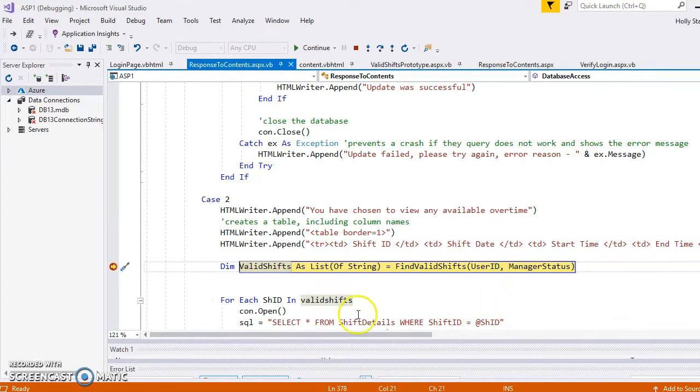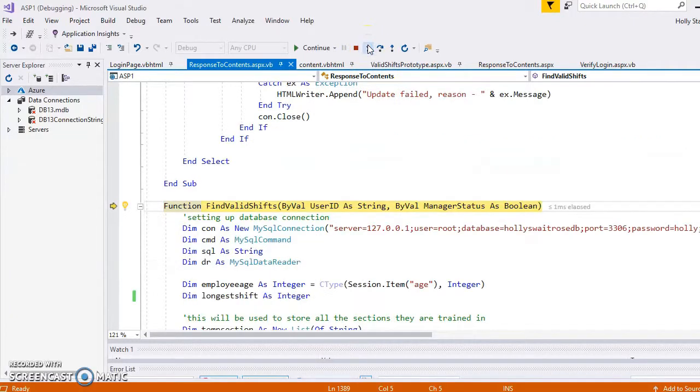So this is case 2, and this valid shifts list at the moment has nothing in it. It's a list of all the shifts that the employee can do, and then we're calling this function here, and this function will find those shifts and put them into this list. So when we go down into the function,